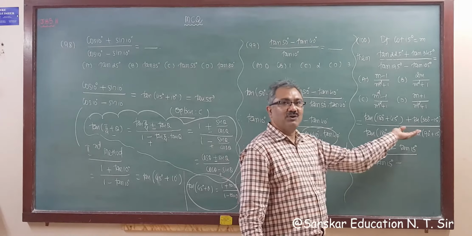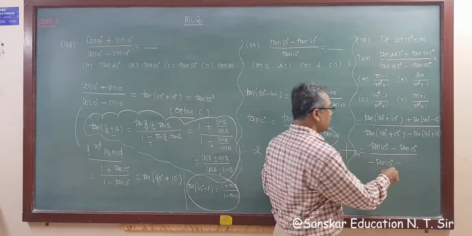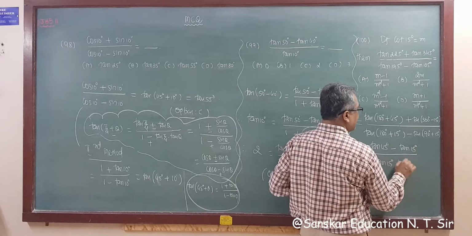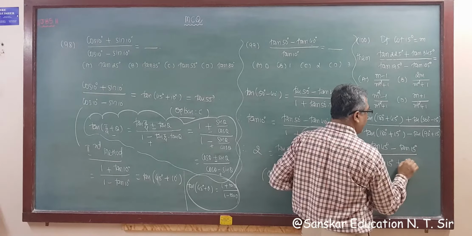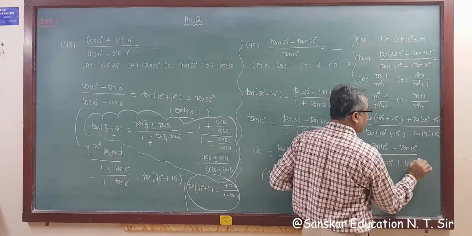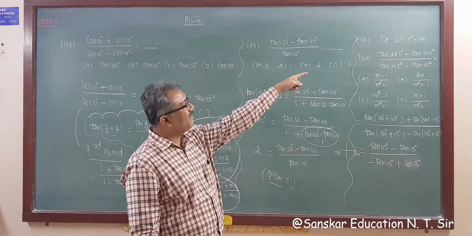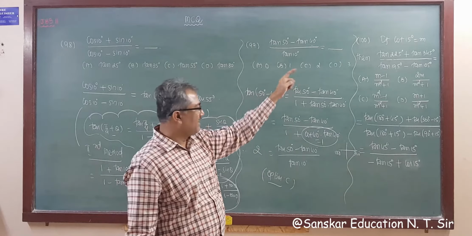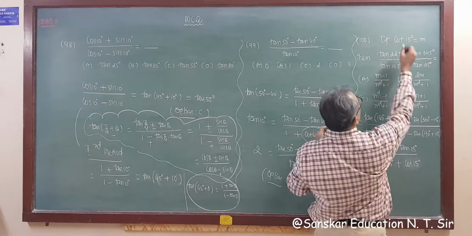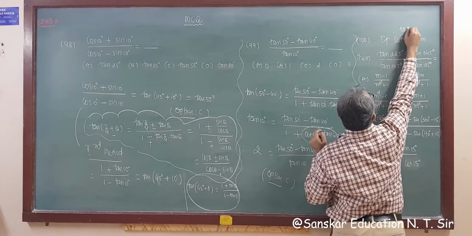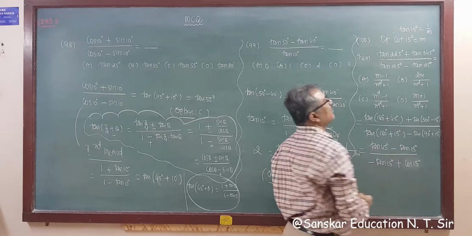90 plus theta, that you know, tan (90 plus theta), 90 is here, plus, second quadrant, tan is negative, so this is plus, and this is cot 15 degree. Now you are given the value of cot 15 is m. So cot 15 is m, that implies tan 15 is 1 upon m. So this implies tan 15 degree is 1 upon m, because tan is the reciprocal of cot.